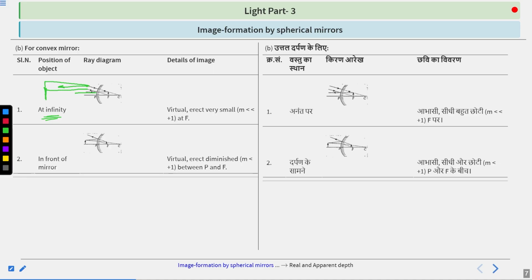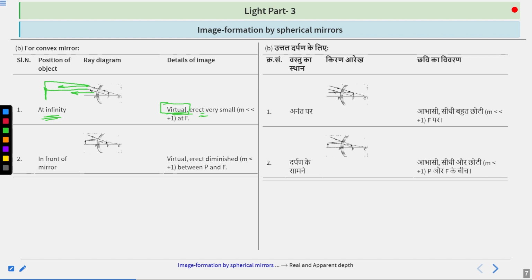So here you can say again the rays will be parallel to each other. They will not intersect with each other. And if they are parallel, again no image will be formed. So what will we do? We will extend these rays, and when we do it, here they will intersect with each other. Got it? But here is again a case. Why? The image is not forming before the mirror, it is forming beyond the mirror. And whenever the image is forming beyond the mirror, it's always a case of virtuality, not reality. Okay, so it will be virtual.